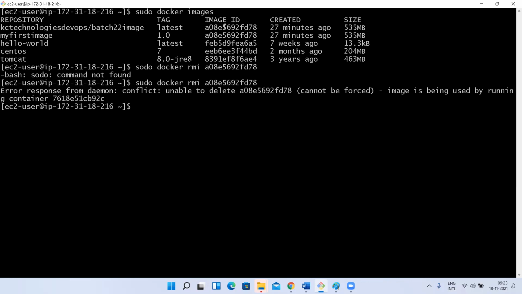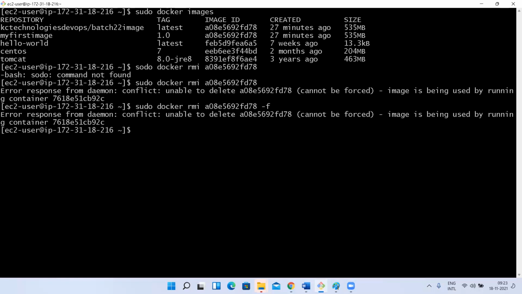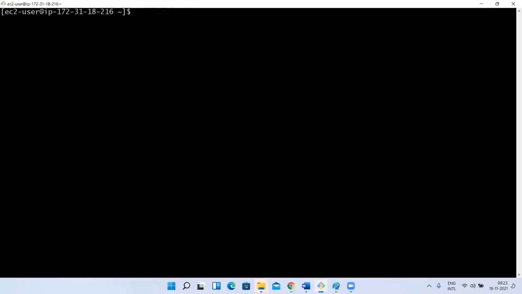Which image did I try to remove? You observe here, these two have the same image ID, because similarly it has been created. Let me remove forcefully and see the conflict. Okay, let's keep that aside. We will discuss that images part later.